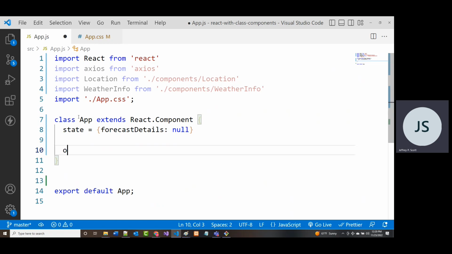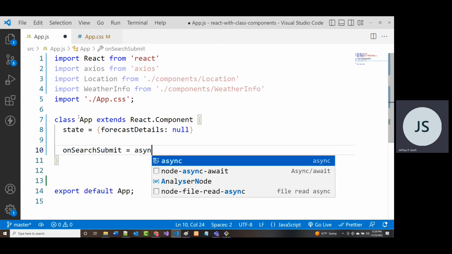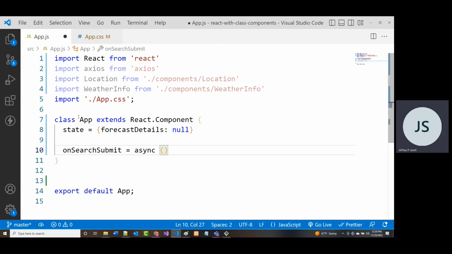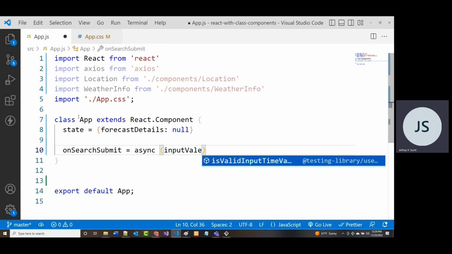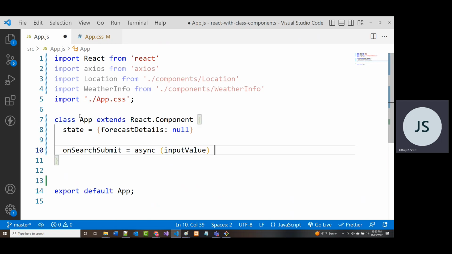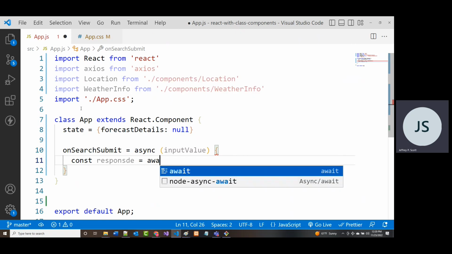So I said here onSearchSubmit, and made it an asynchronous function. Remember, we could use async, we could use callbacks, or we could use promises, but I tried to use the latest and greatest. And what we're going to be looking for is something that I refer to as input value. So this will be my Axios call. So const response equals await